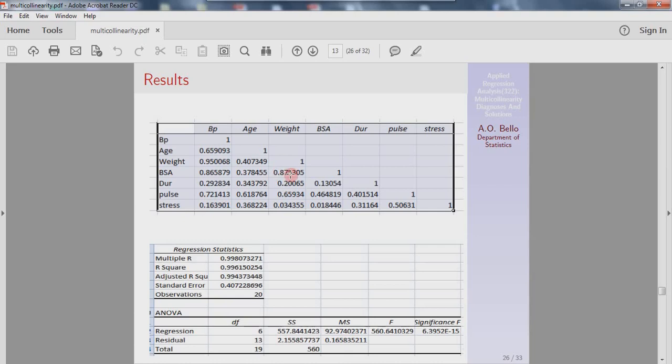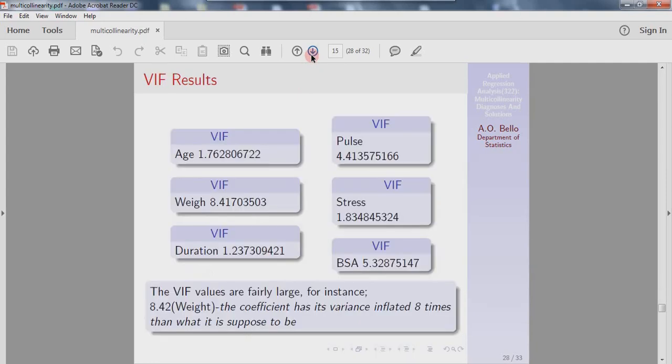There's a strong correlation between weight and body surface area, and for us to be able to have a very good regression analysis and inference, there will be need for us to drop either weight or body surface area. And as a researcher, the choice of what to drop depends on your interest of